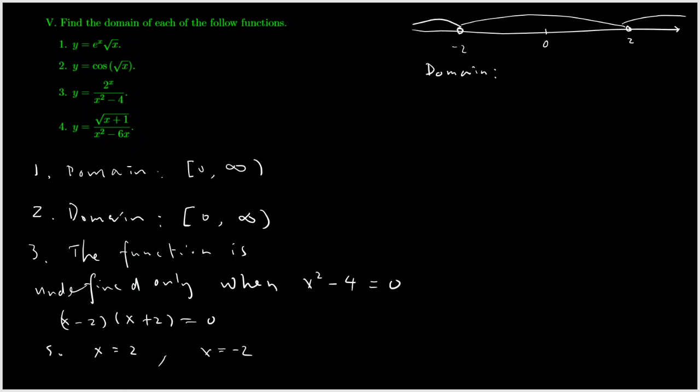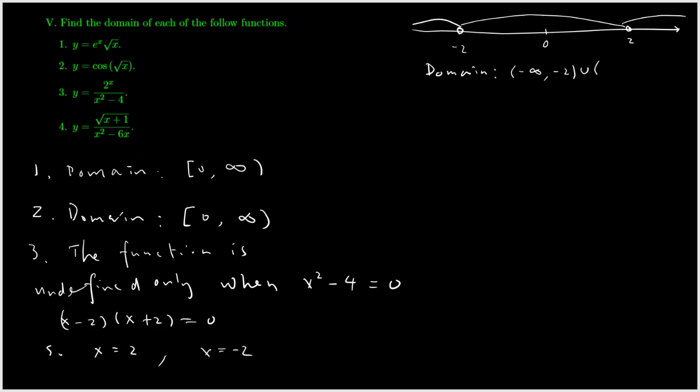Again, the function is only undefined at 2 numbers, negative 2 and 2. You do not include 0. To the left of negative 2, you use the interval notation from negative infinity to negative 2, not including negative 2, right? Do not include negative 2. The function is undefined at negative 2. Union